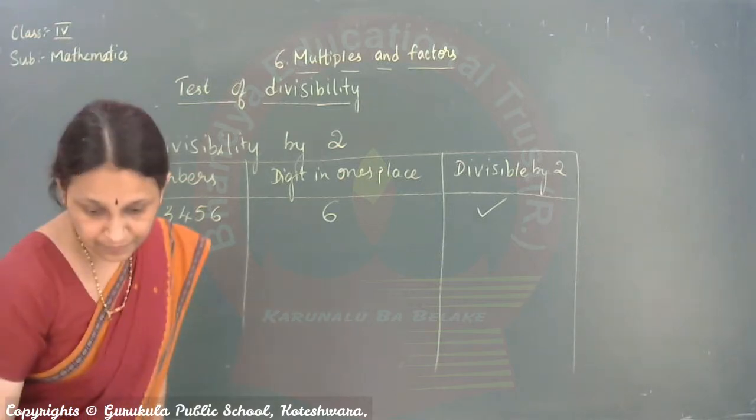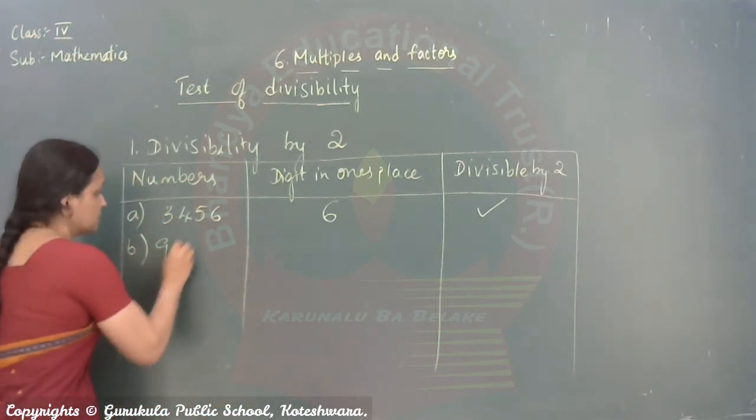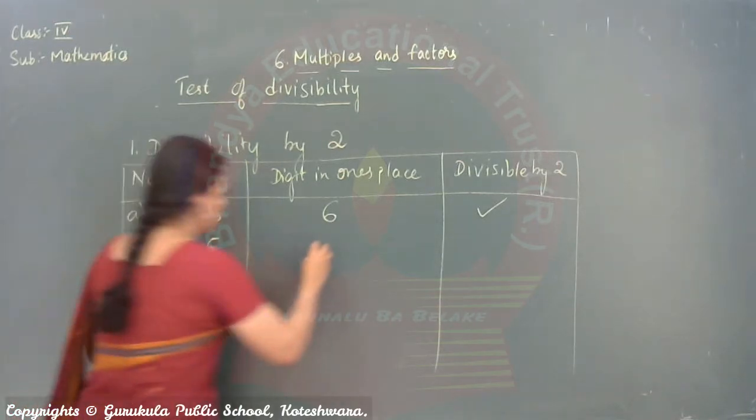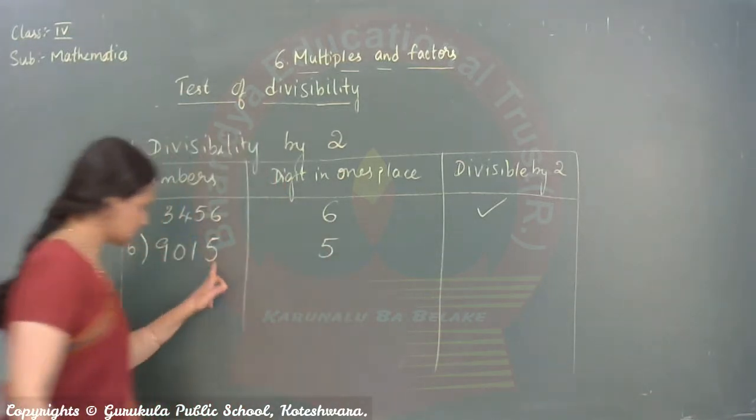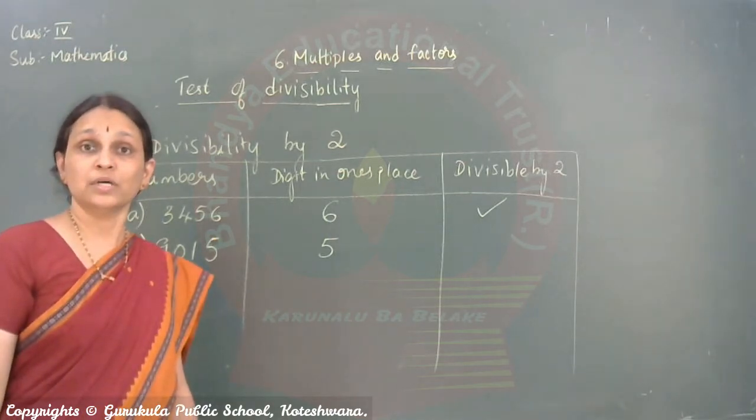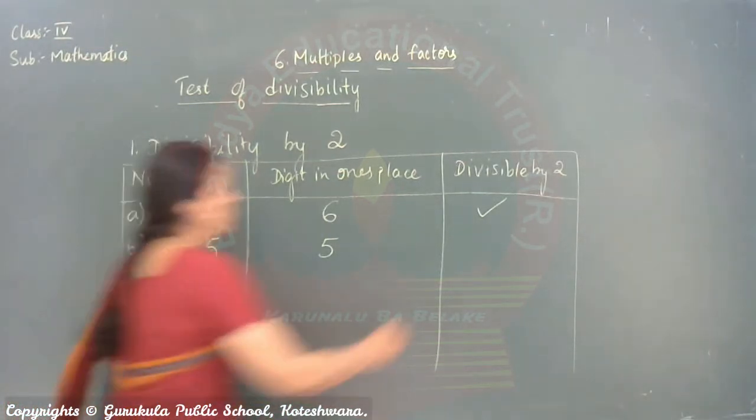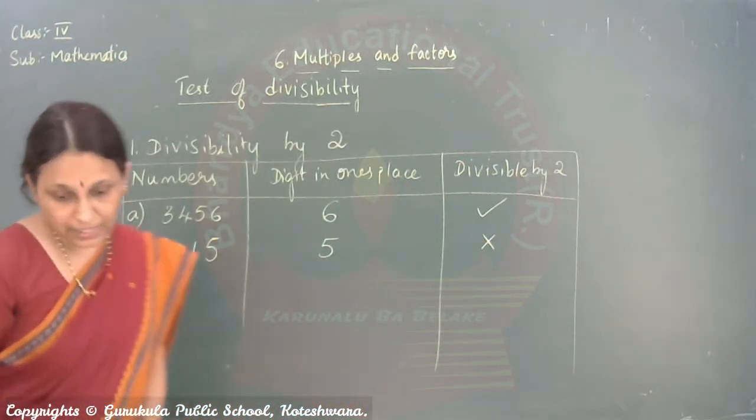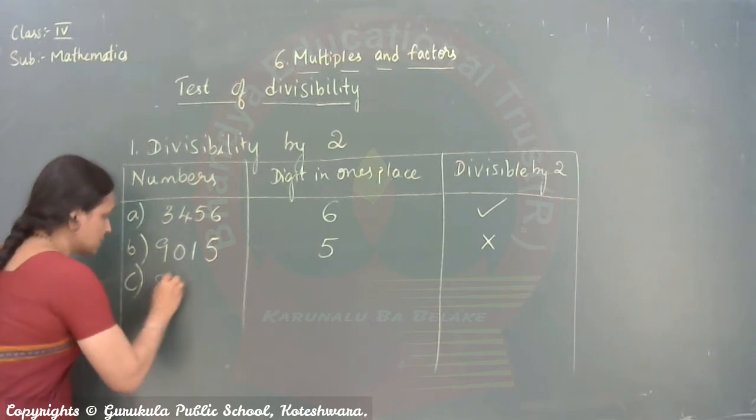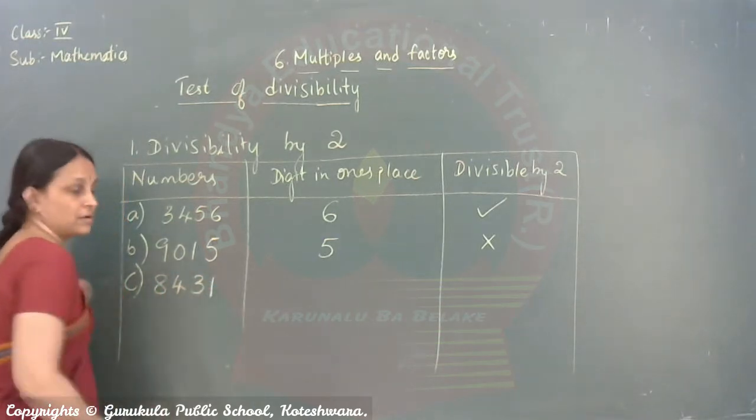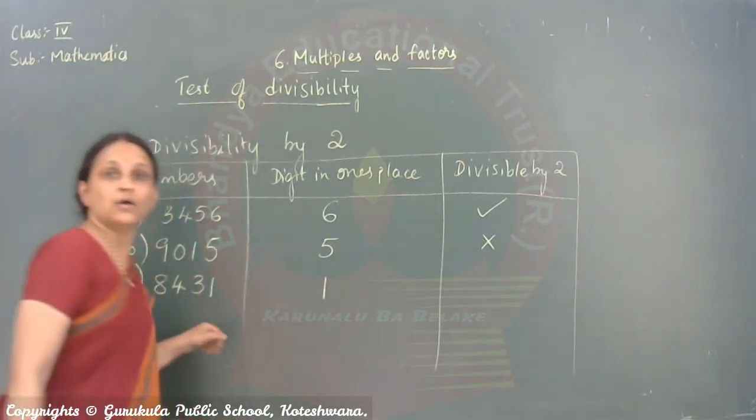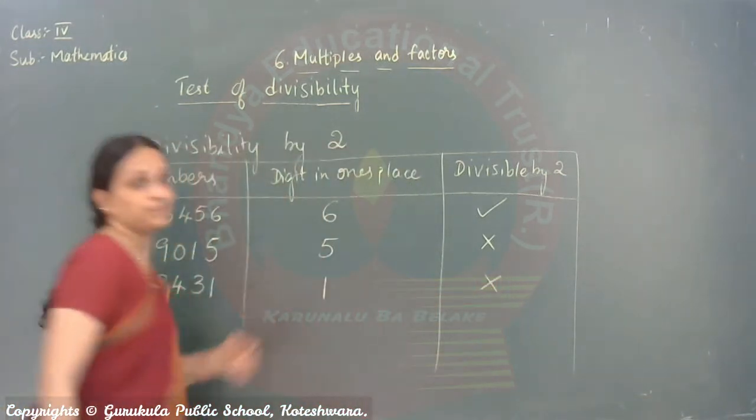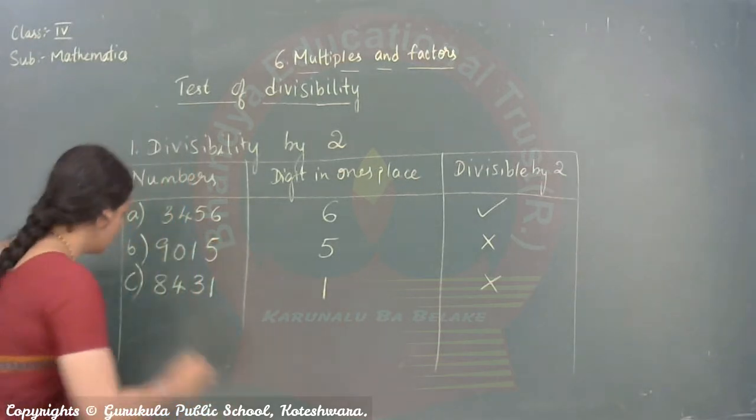Next number 9015. What is the number in ones place? 5. Is it divisible by 2? Is it an even number? No. So, put a cross. Third one, it is 8431. 1 in ones place, 1 is an odd number, so it is not divisible. Next number is